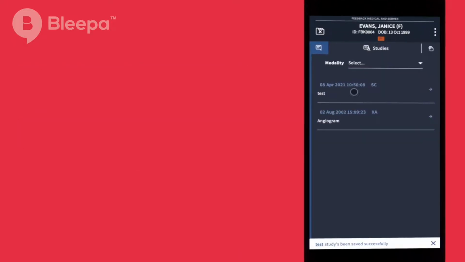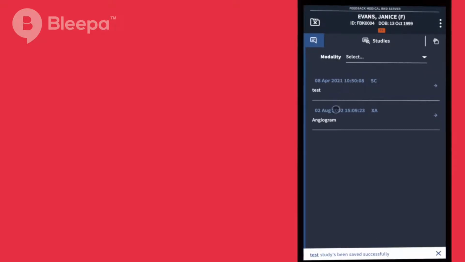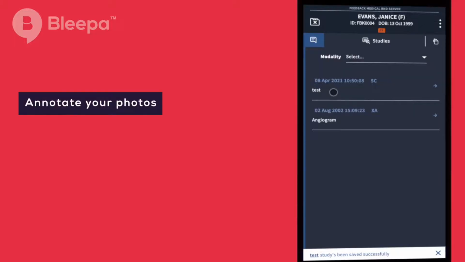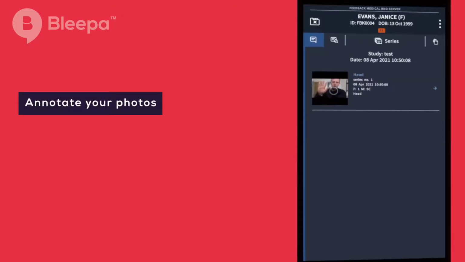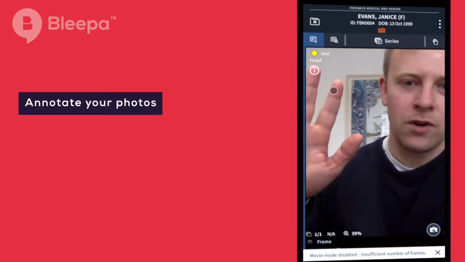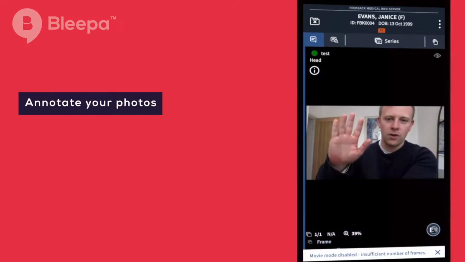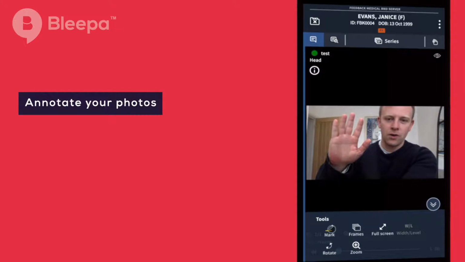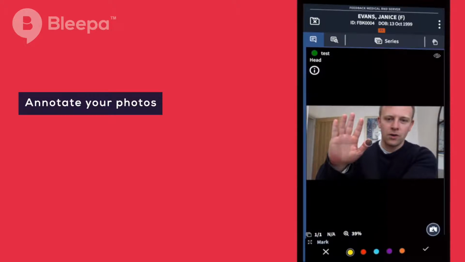The image will now be part of the patient's medical record and can be viewed here alongside their other medical imaging. If you want to annotate and ask a question of the photo you've just taken, you can simply do that by pressing on the photo, come down to the toolkit at the bottom, select Mark, and then you can annotate. Here I've selected my thumb,